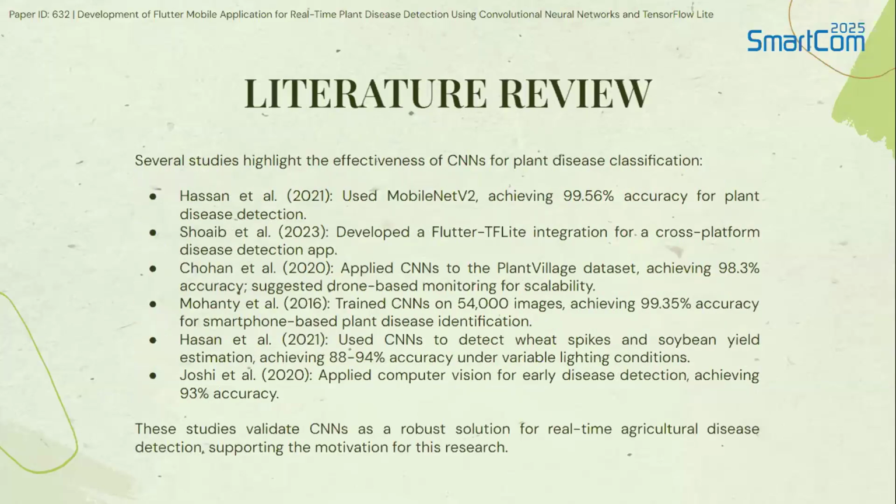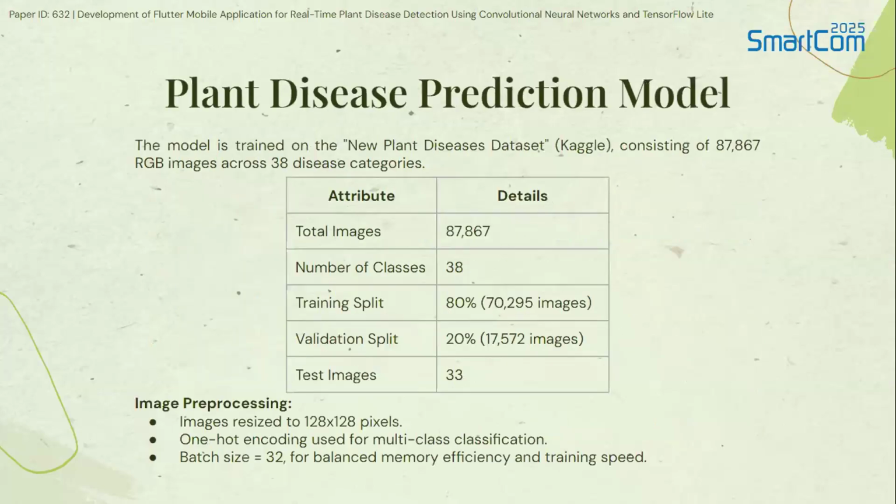These are some of the research papers we referred to, to understand the existing work in the field. These studies validate that convolutional neural networks are a robust solution for real time agricultural disease detection, supporting the motivation for this research. So, for the implementation, the plant disease prediction model was trained on the new plant disease dataset